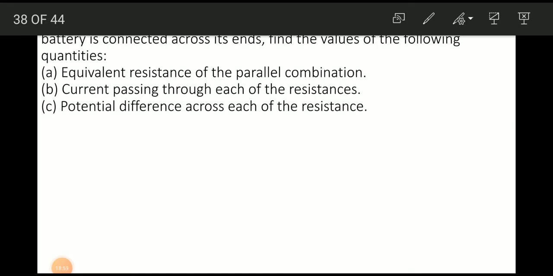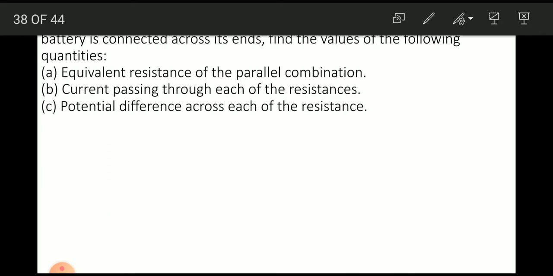Dear students, if you look to your book and you read the conceptual question in 14.1, it is written: why in a conductor charge is transferred by free electrons rather than by positive charge. So the answer is very simple. In metals, the majority charge carriers are free electrons. So that is why charge is transferred by free electrons rather than by positive charge.